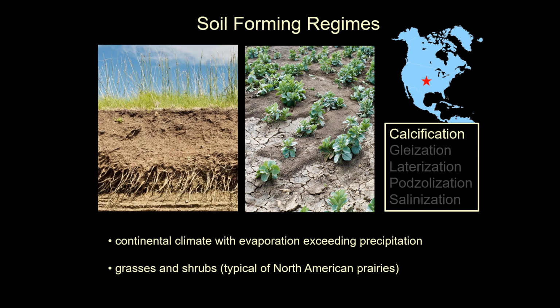Okay, now the soil forming regime, that means different types of soil formation happen in different regions. In Oklahoma we have calcification as the forming process. So make sure that you understand calcification, and also in the lecture it is elaborately described, glaciation, lateralization, all these things. So if you know that, that would be very good for you. Okay, now